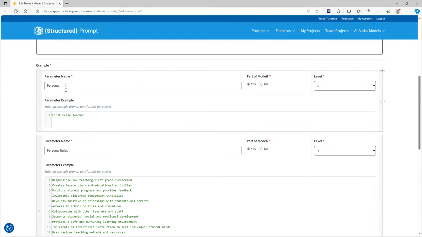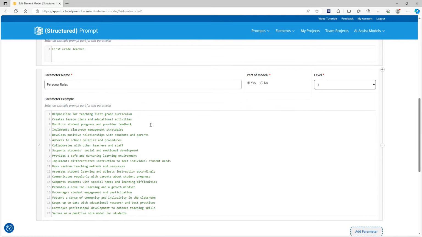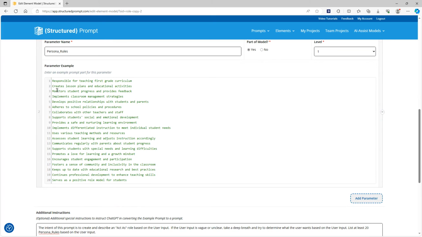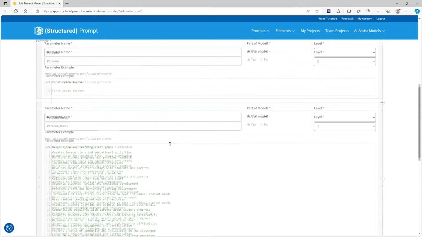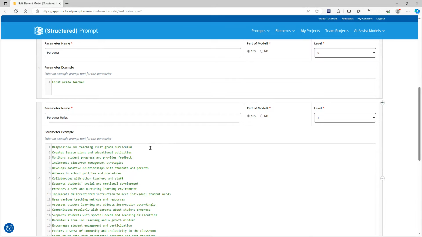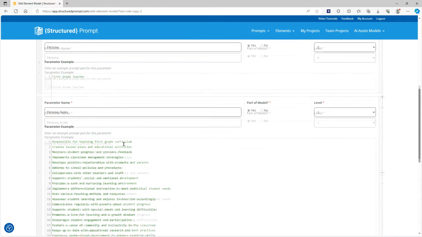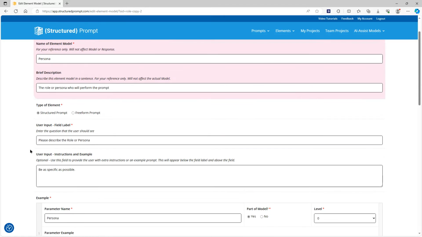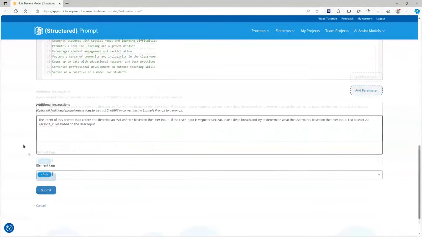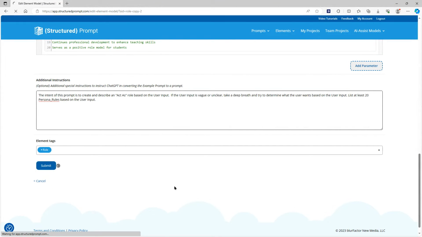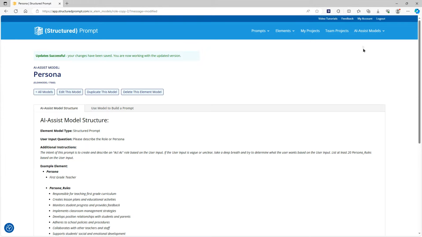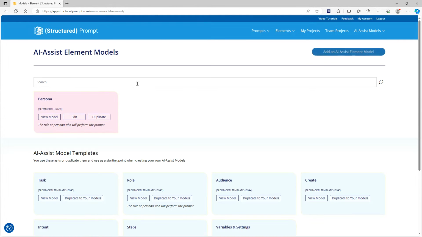And looking at the rest of it, so this is basically an example. So the persona is a first grade teacher in this case, and the persona rules lists 20 attributes of a first grade teacher. So as you build these, of course, ChatGPT is a great resource for going out and gathering these attributes, but the idea is to create a model that basically passes an example of what you want, and then when we run AI Assist, it recasts that example in light of the user request. So I'm going to save this persona, and now I have a new AI Assist model called persona in my